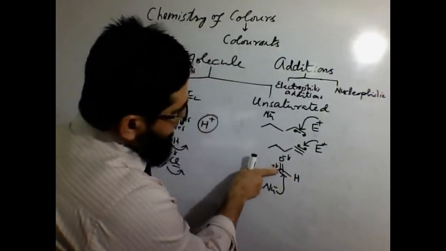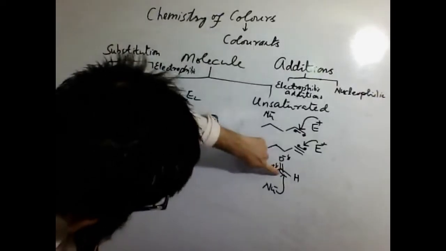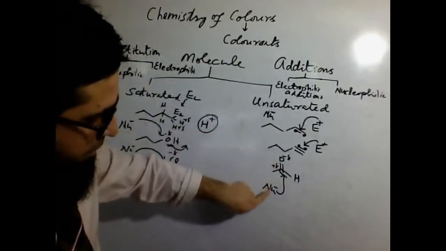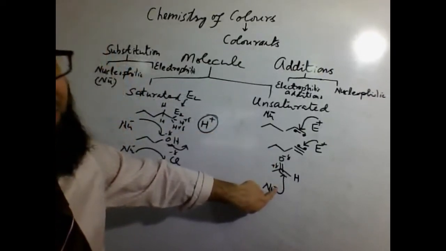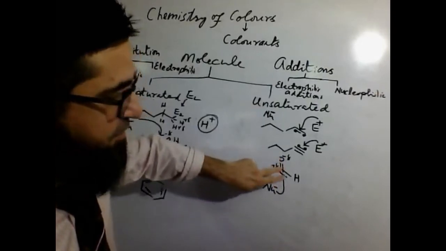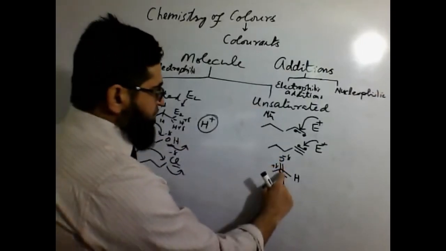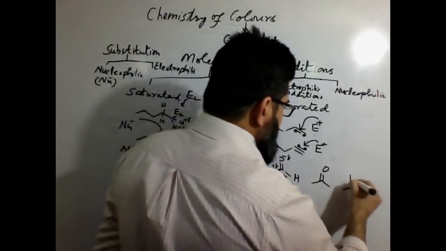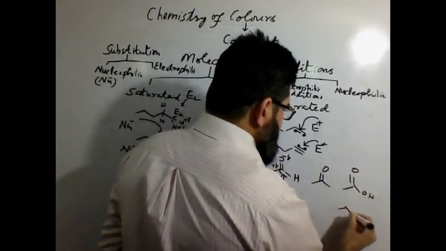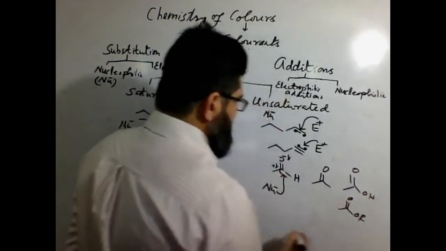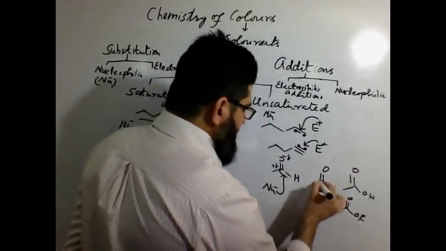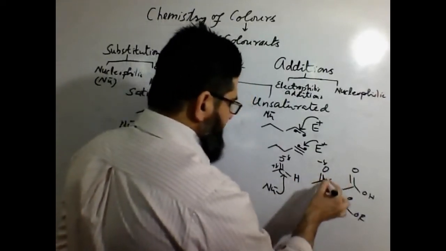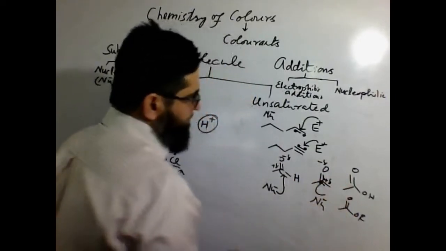Positive means it needs electrons. This carbon gets a partial positive charge, which means it needs electrons. The nucleophile has extra electrons, so it can donate. That's why these two bodies can react with each other. So carbonyl compounds, which carry carbonyl functionalities, aldehydes, ketones, even the derivatives like esters, acids, amides, are supposed to react with nucleophiles because this carbon gets a positive charge due to the electronegativity difference. At the positive charge, this negative can attack such species.